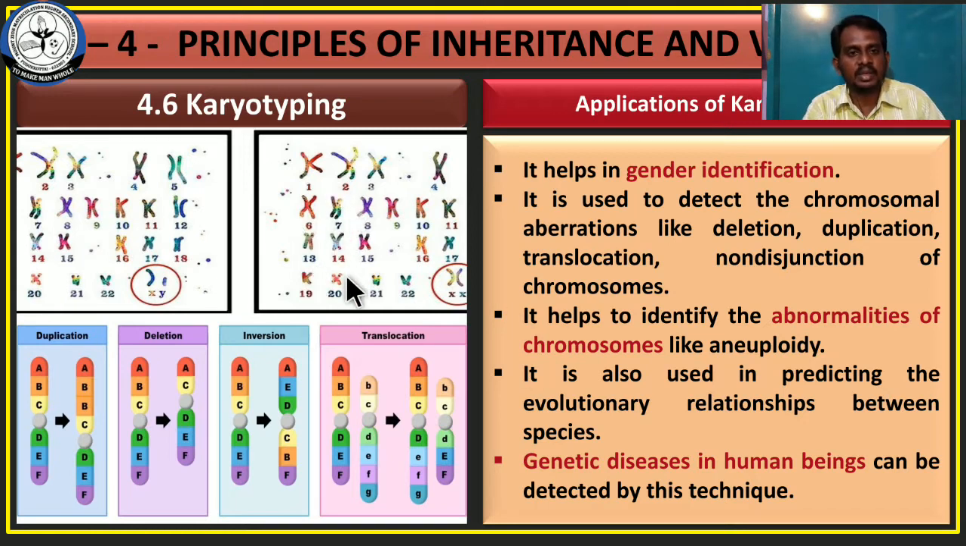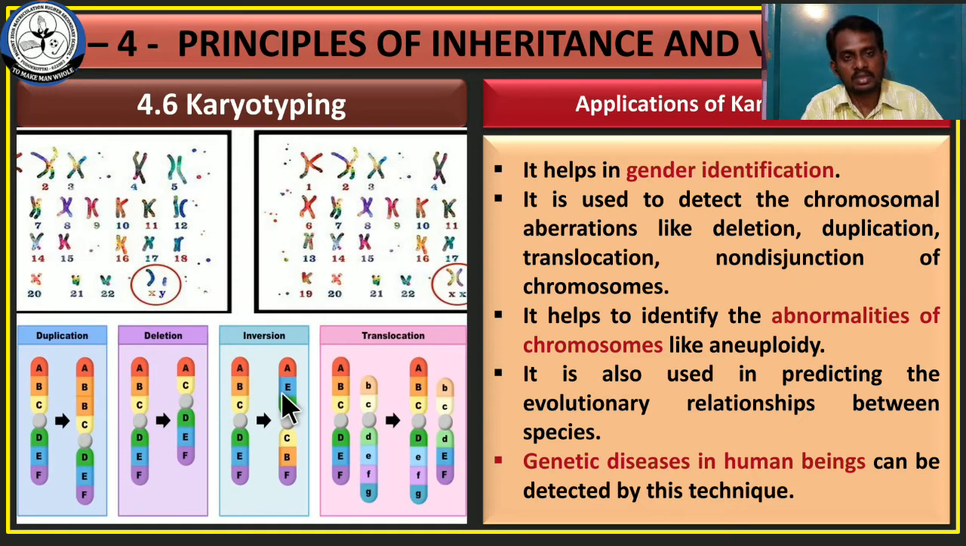For example, in human beings there are 22 pairs of autosomes and 1 pair of allosomes or sex chromosomes. If there is a change, either an increase or decrease in the number of chromosomes, that is called aneuploidy. Okay, so with the help of this karyotyping technique, we can easily identify abnormalities like aneuploidy, and it is also used for detecting the evolutionary relationship between species. So we can easily find our ancestor. For example, in monkeys,